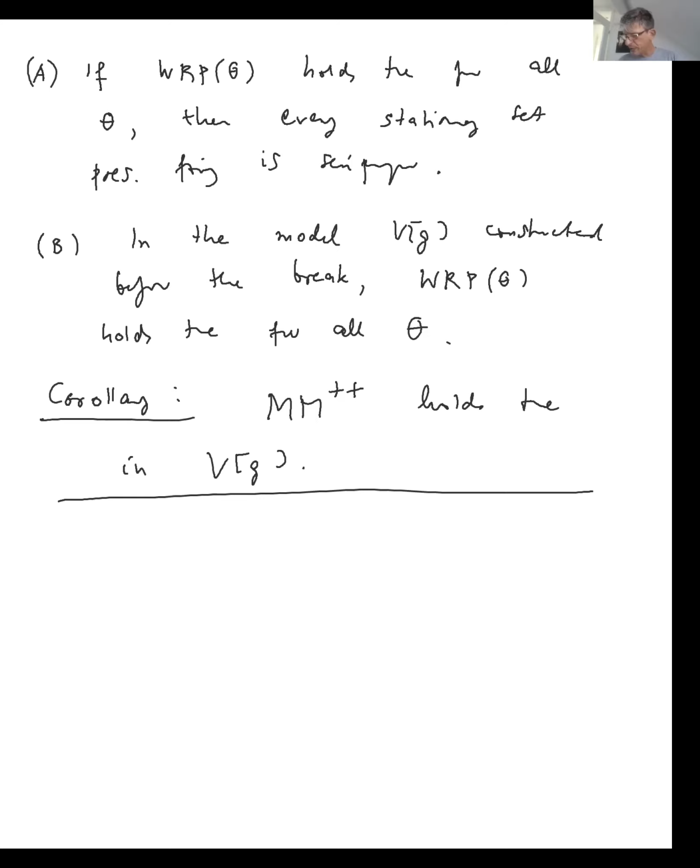what are we going to do first? Let's first prove B. Okay, so let's verify that in the model we have this reflection principle, the weak reflection principle at theta, in our model V of G, which was obtained by this semi-proper iteration up through a supercompact kernel. Okay, so what's the idea? I just want to give you the idea how to verify it, and it's really very easy to fill in